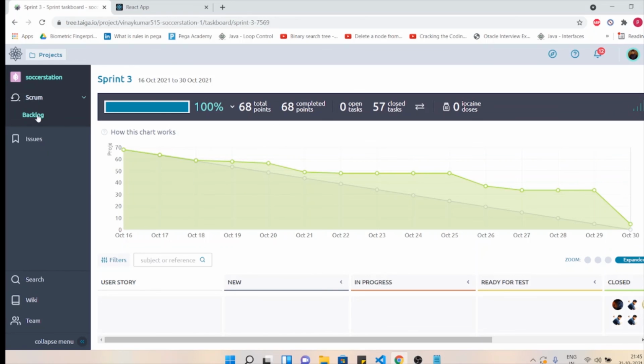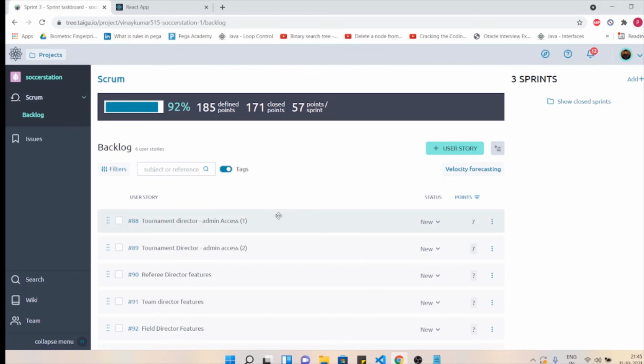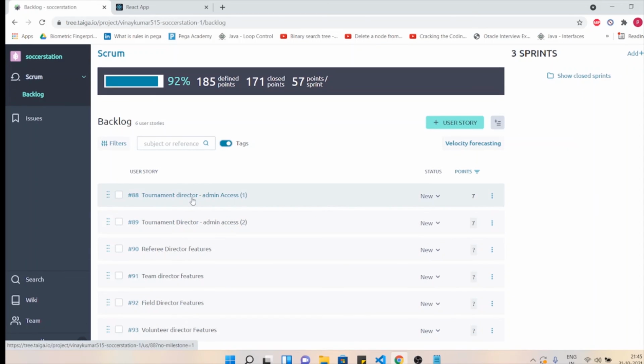This is how our backlog looks. We have implementation of the given logins and roles, and we are looking forward to implementing all the pages that you saw in the sidebar for each user-based login: the tournament director, referee director, team director, field director, and volunteer director.